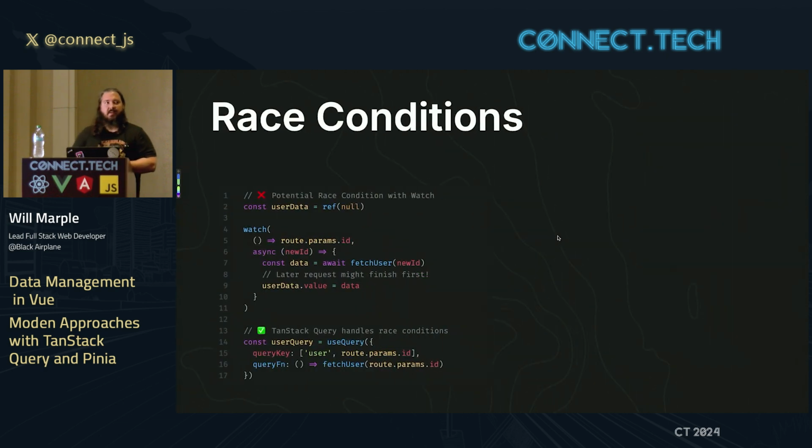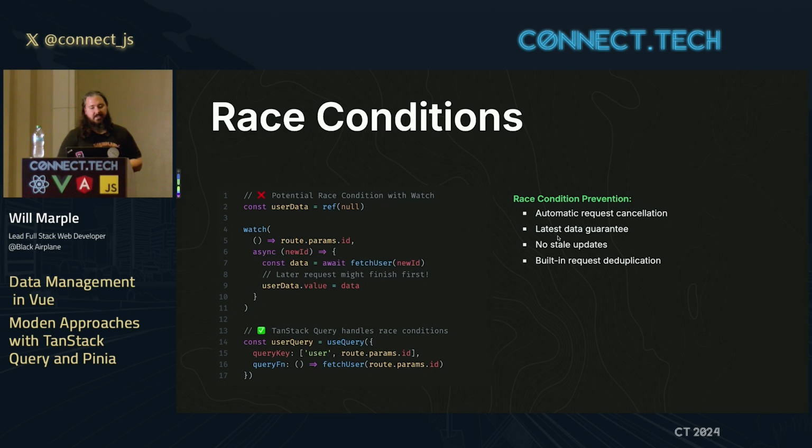So let's talk about some of the problems that it can solve and some of the features that it has. Race conditions. This is something that can become a problem in any reactive front-end framework. In React, it's most often seen fetching in a useEffect. In Vue, we've kind of shown this here as well in a watch, where depending on how fast the data changes and how long it takes for that promise to finish, you could be getting the wrong data coming back out of this result. Whereas with TanStack, you get